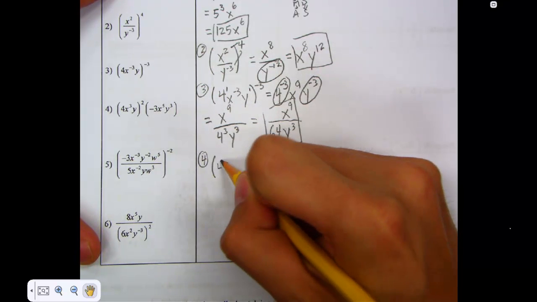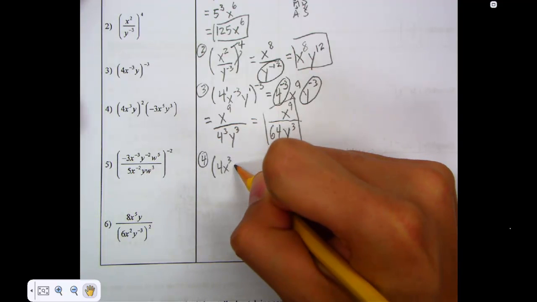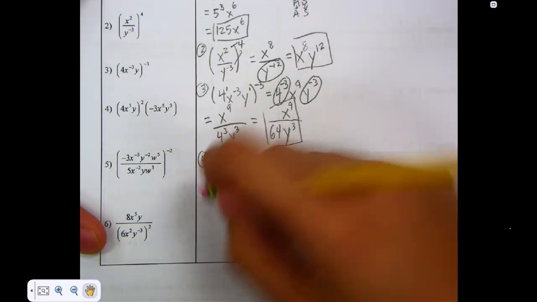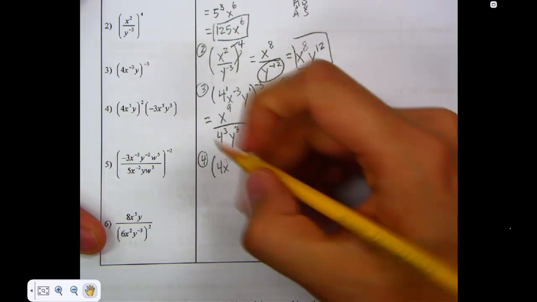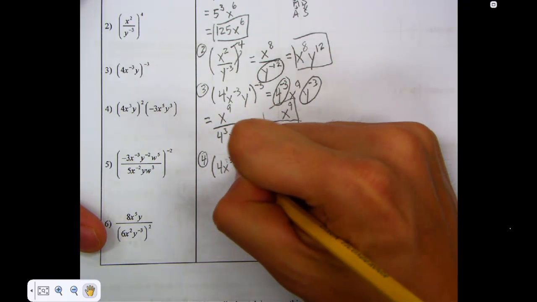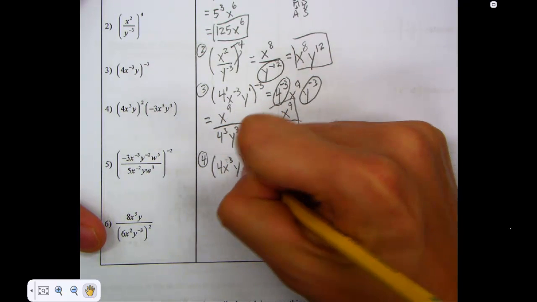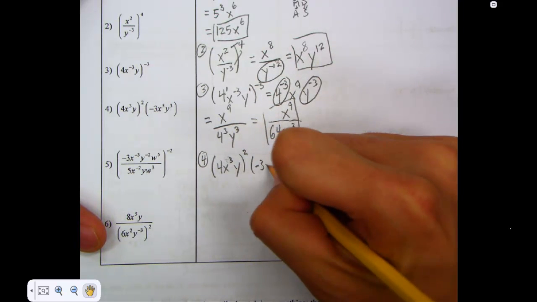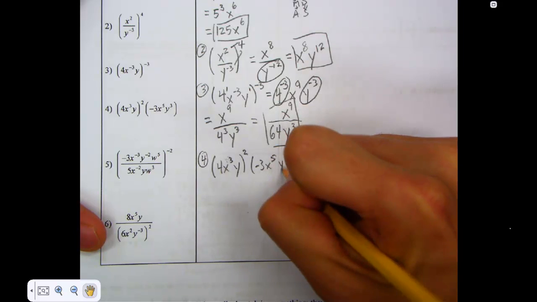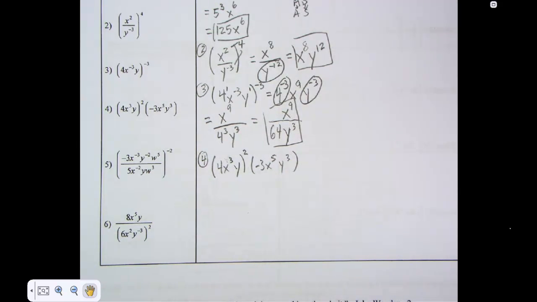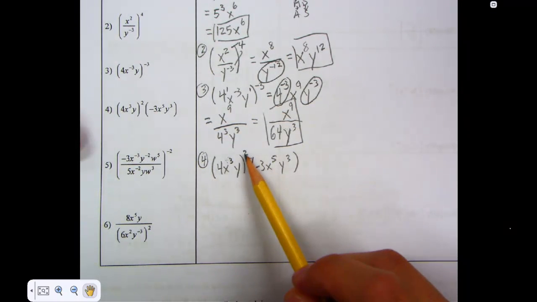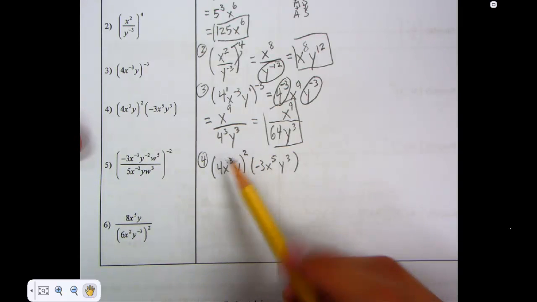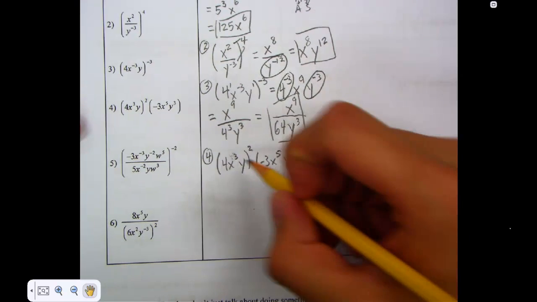The quantity 4x to the third times y, all to the second power, times negative 3x to the fifth, y to the third. So I'm going to look for, these have parentheses, there's an exponent outside, so that means I have to multiply my exponents. I'm missing exponents on the 4